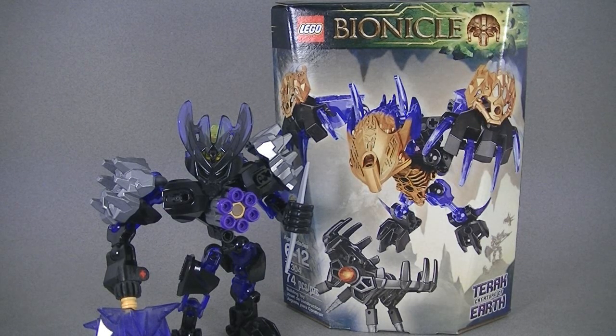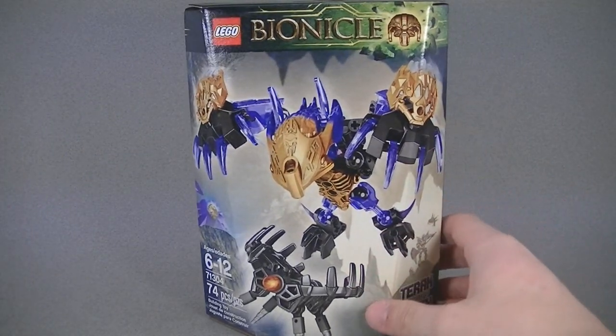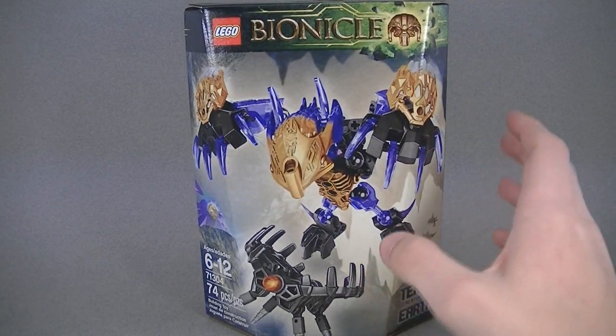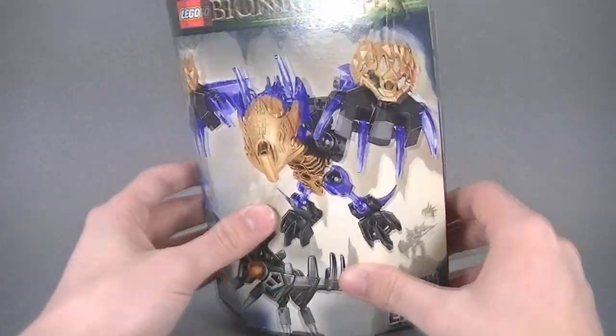It'd be cool if, like, Uxar was female or something, but I have a feeling since there's some kind of mystical connection between the Toa and the creatures as opposed to the Toa and the protectors, that Akaida might be the female. I don't know. Let's actually just jump in and build Terak. I'm going to assume that he's male for the course of this Let's Build, but hopefully we find out by